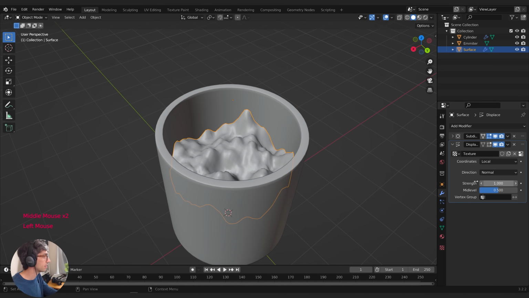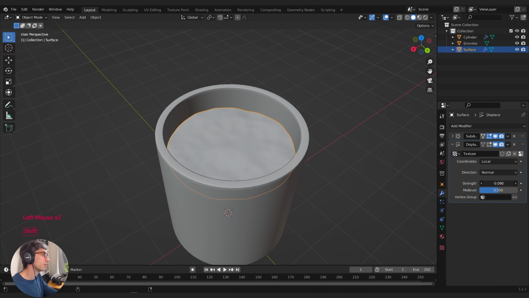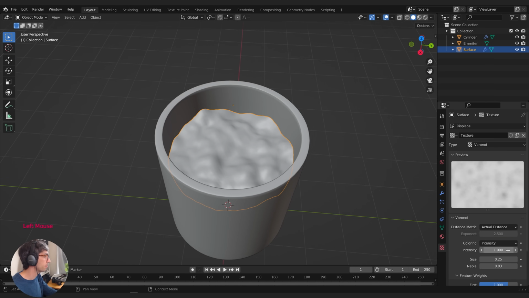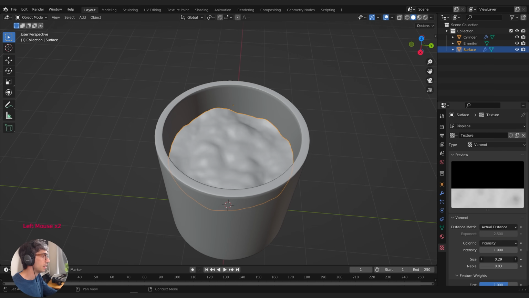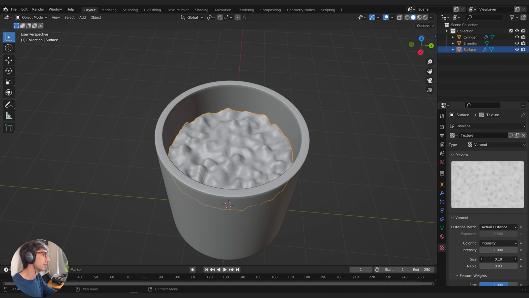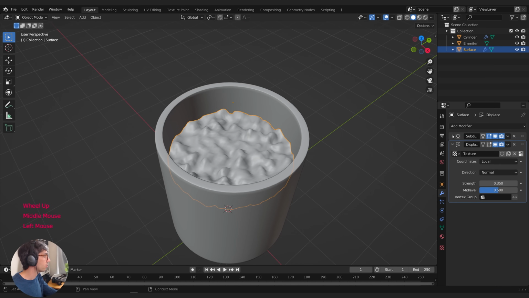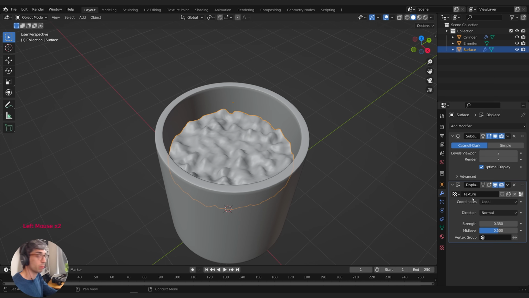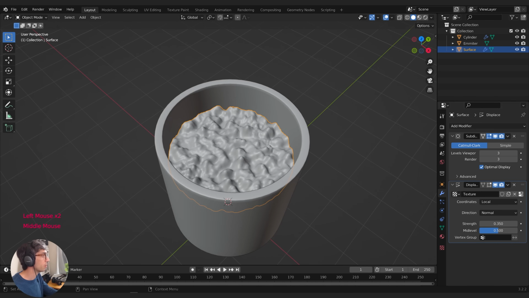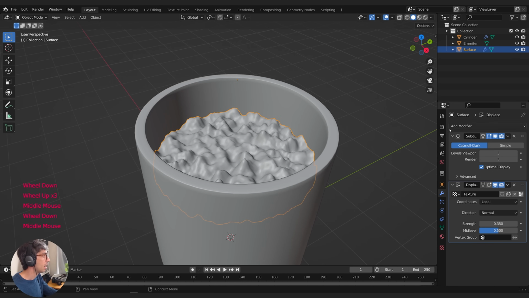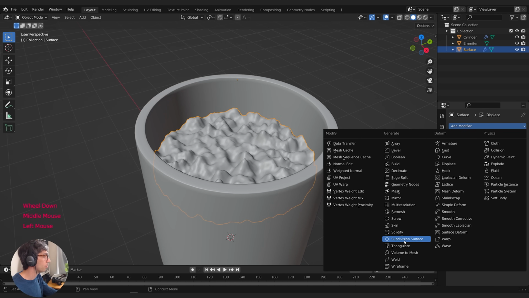And then I'm going to come over to this wrench tab to our modifiers, and I'll just adjust the strength. So I don't want it to be too powerful. I might change the scale a little bit. So I'll come over here to the size, and I'll just pull that in until I get a nice scale. And I might create a few more subdivisions for this displacement to work with. So I'll just increase this to 3 on both the level viewport and the render, and I think that looks pretty good. I might round it out with 1 more subdivision.